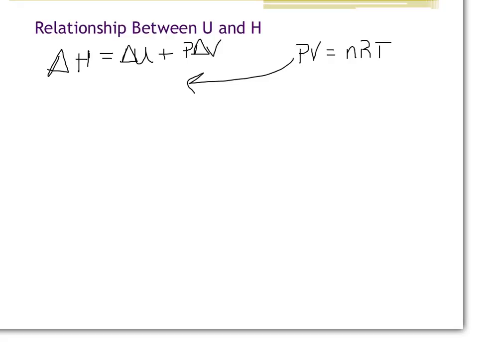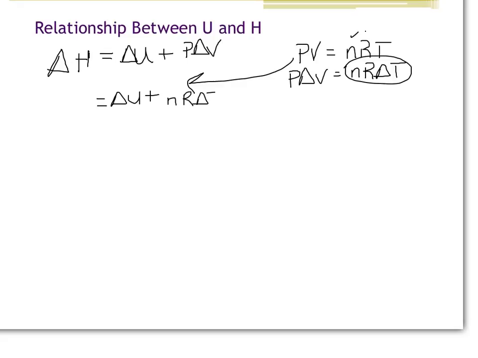PV equals nRT, so therefore P delta V, the only thing in this equation that will change, and that's not constant, would be delta T on the other side. So therefore we will substitute this value for P delta V. So therefore delta H is equal to delta U plus nR delta T,